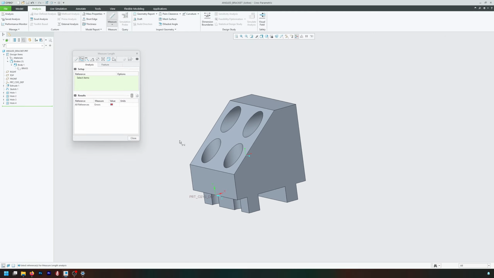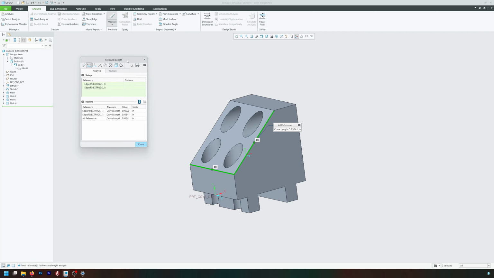So for example, let's say that I want the length of this edge right here. I can click that edge and it gives me its length right there. But if I hold the control key and pick this edge right here, it gives me the combined length. See that? Now, don't worry, not all is lost, because if you have this dialog expanded, you will see that